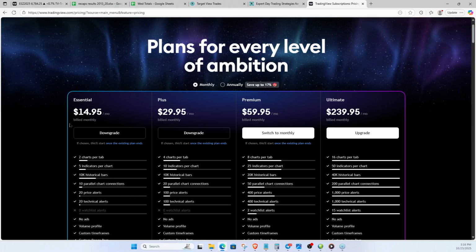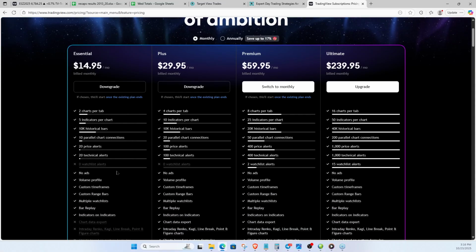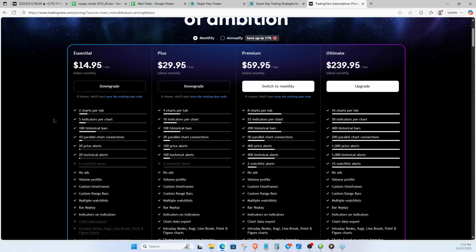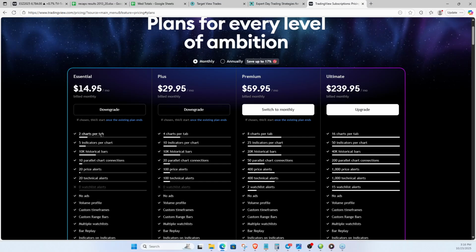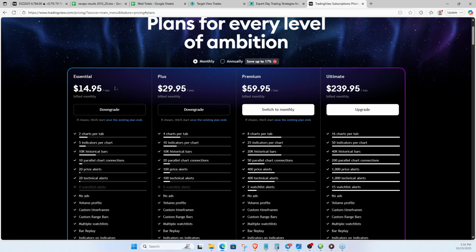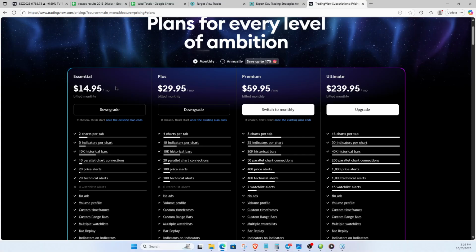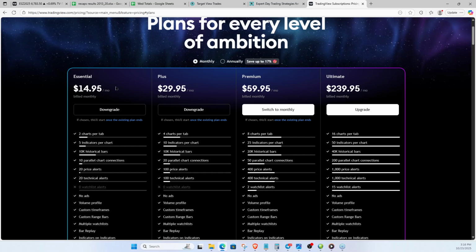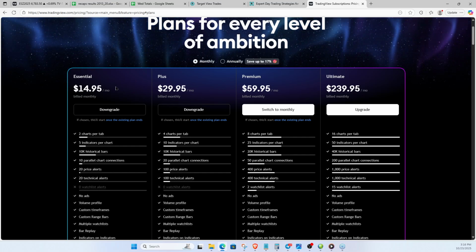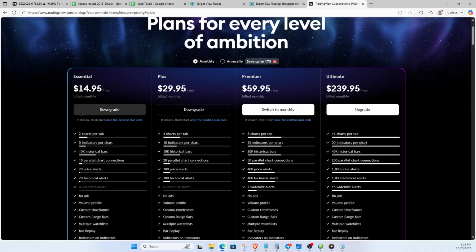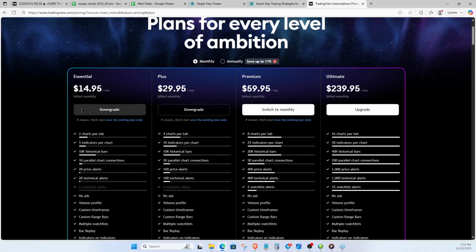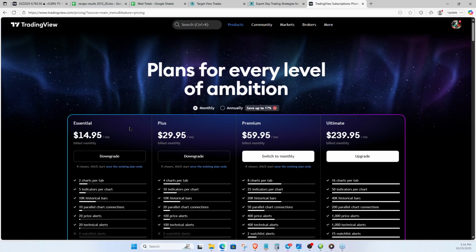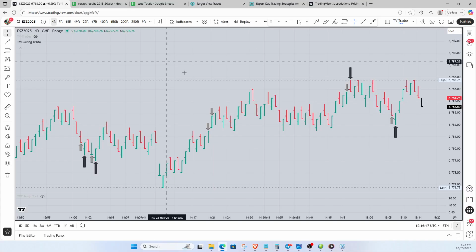However, if you get the free version, so you're not paying for anything, then you don't have custom range bars. You can only have like one indicator, and if you buy the real-time data with the free version of charts, the real-time data is $30. So you get a lot less for more money. You get less for more. So don't do that. All right, John.